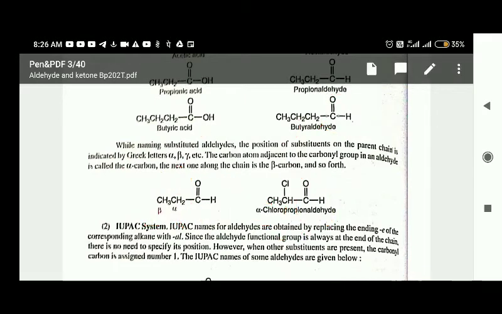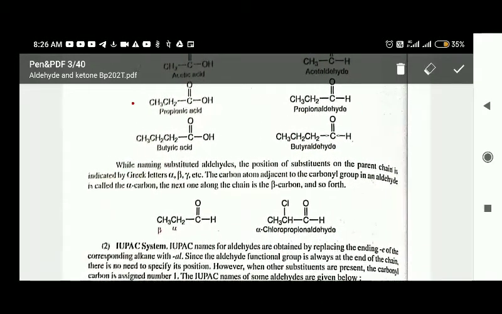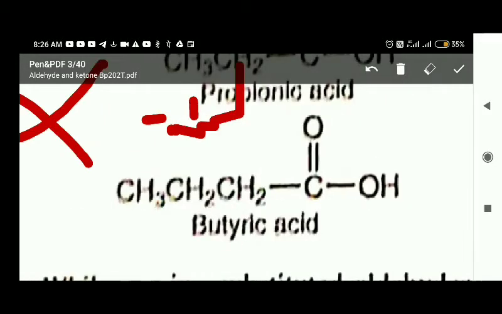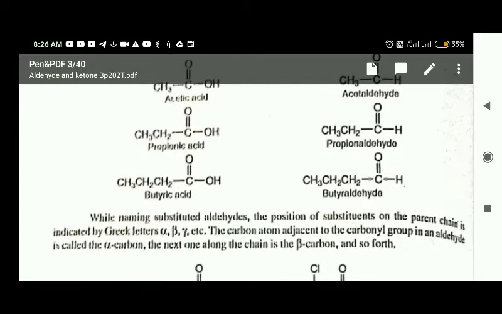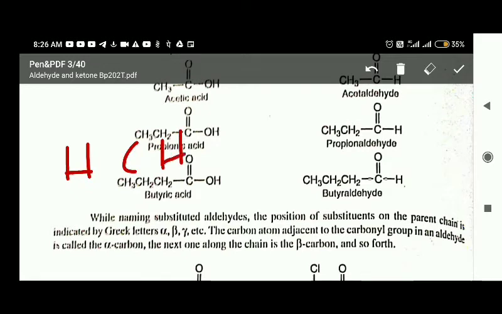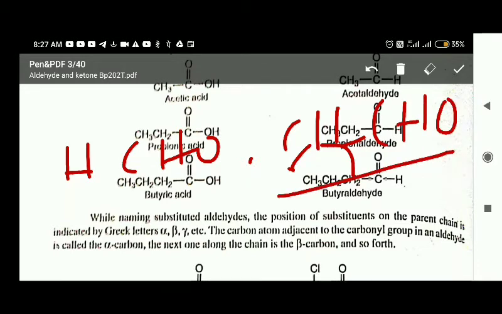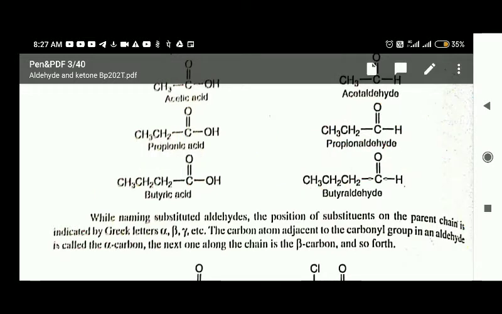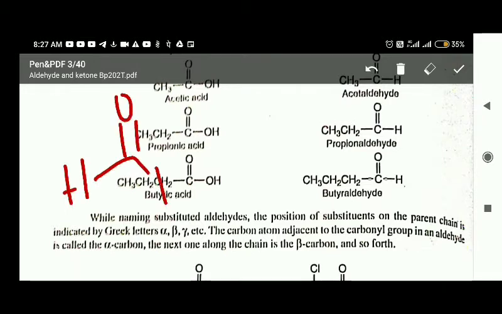So let's see some examples of alpha hydrogen and no alpha hydrogen carbon. Okay, what is that? Some examples I'll take, just HCHO. One more, C6H5CHO. These are some compounds that don't have the alpha hydrogen. What does it mean? Let's see. For this, you must have the capacity to explain the structure, that is HCHO.